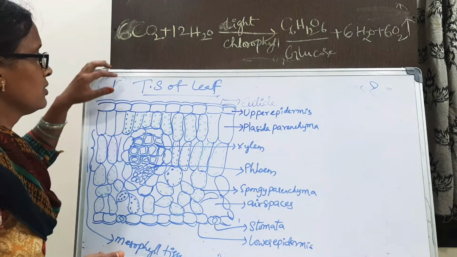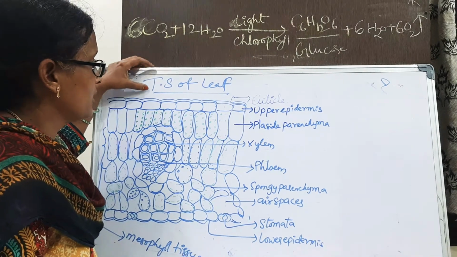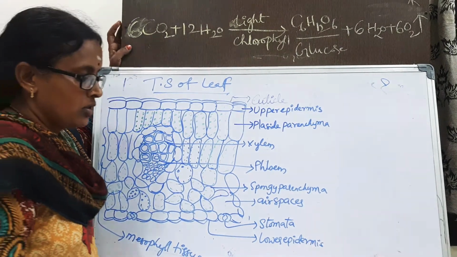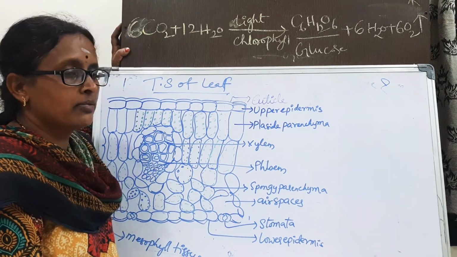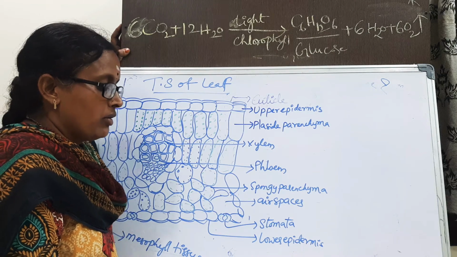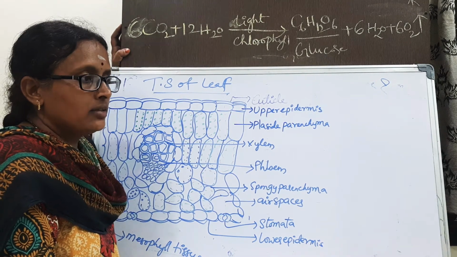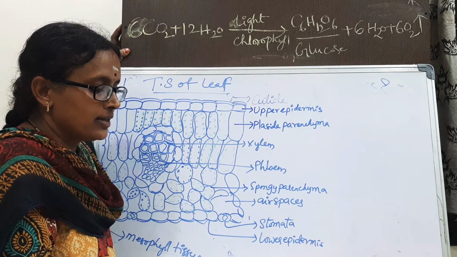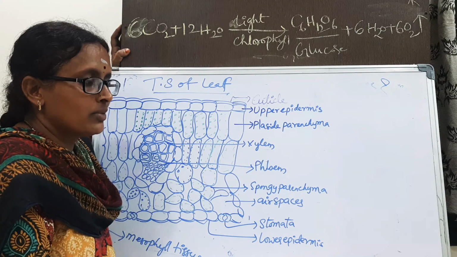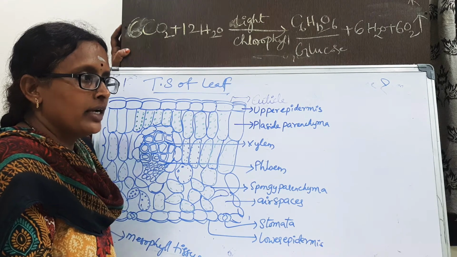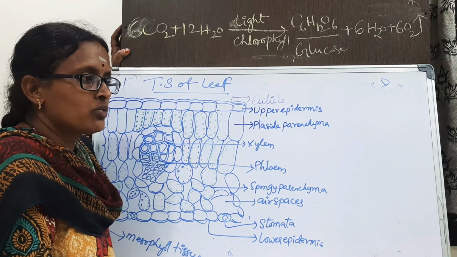So next our topic is layers of the leaf, the structure of the leaf. We have learned that chlorophyll is the pigment present in the leaves, which takes the sunlight. Not only chlorophyll, other pigments are there: those are xanthophylls and carotenoids. The chlorophyll name was first given by Pelletier and Caventou, then Julius von Sachs.